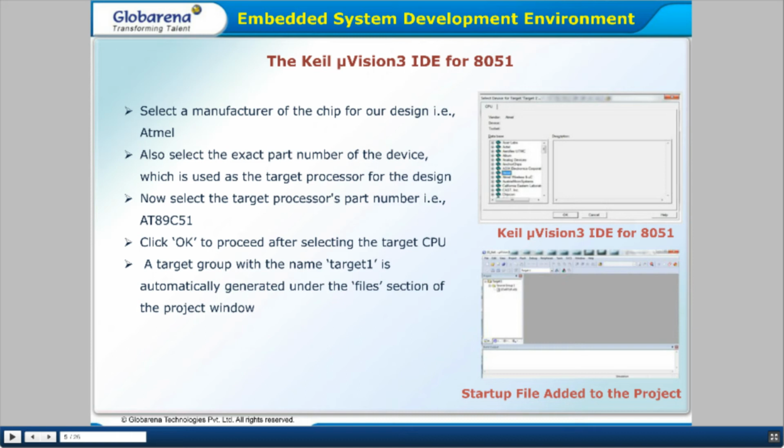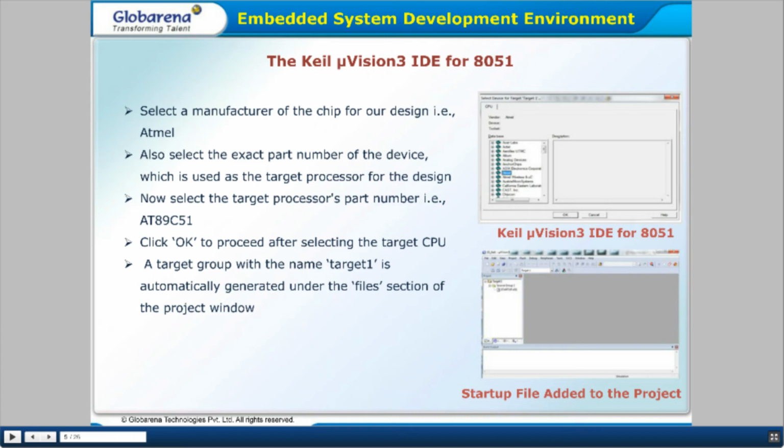Now select the target processor part number, that is 89C51. After selecting the Atmel, we are selecting the different target processors, and in this process we have to select the 89C51.